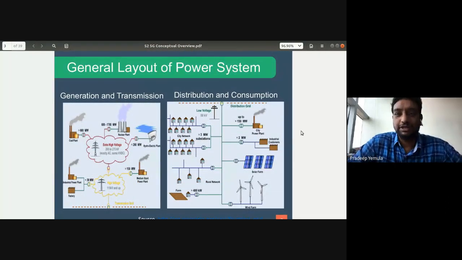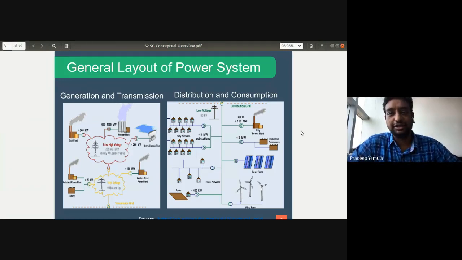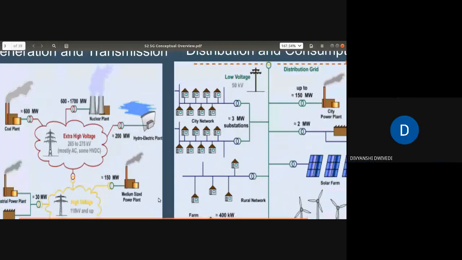Now, a general power system layout consists of generation, transmission, distribution, and consumption. G, T, D, and C. So you have these four sections of a general power system. Let us examine what is there in the generation. If I slightly magnify this part,